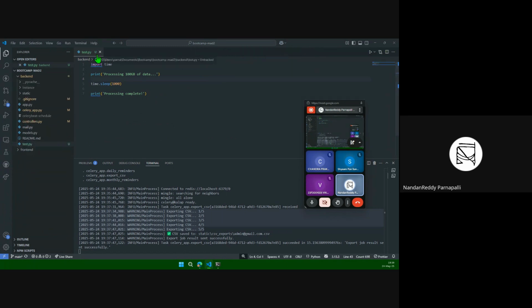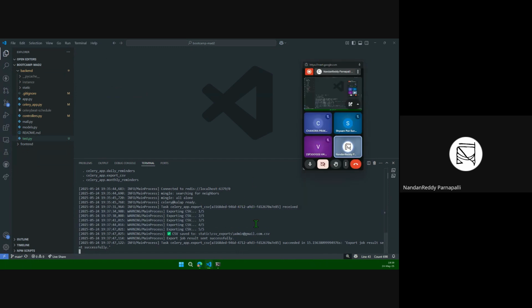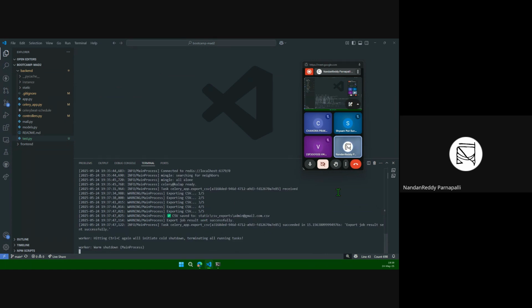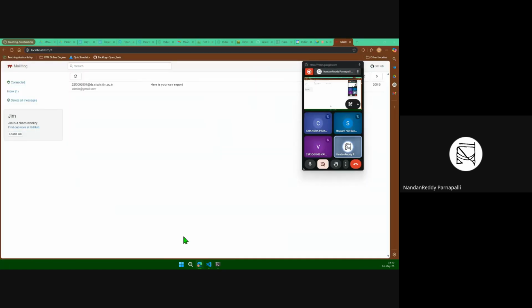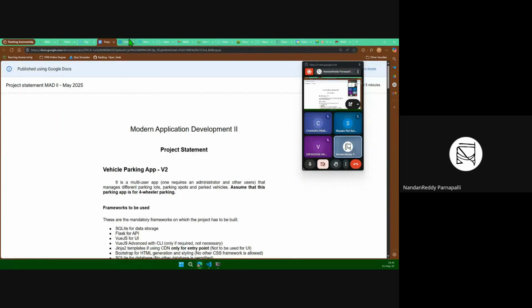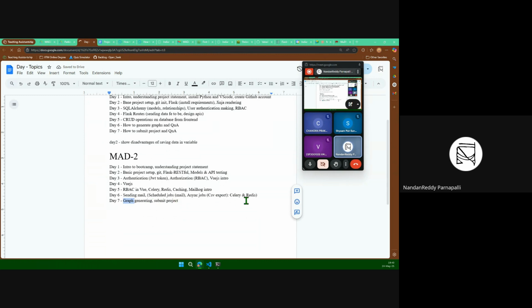For the next task, I don't need Celery anymore. Celery is a separate app, so it won't rely on any other things. Now let's go back to backend. Only two things are left in the project to explain: graph generating and caching. So Celery and Redis is done, asynchronous jobs like CSV exporting and sending mails. Now we need to generate graphs, and before generating graphs, let's go through the caching part,